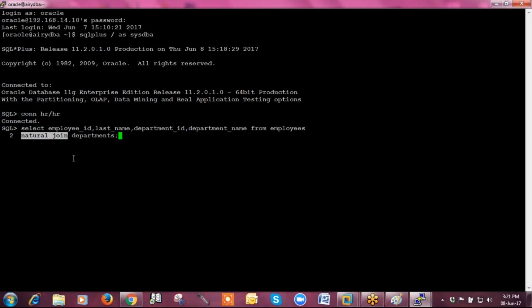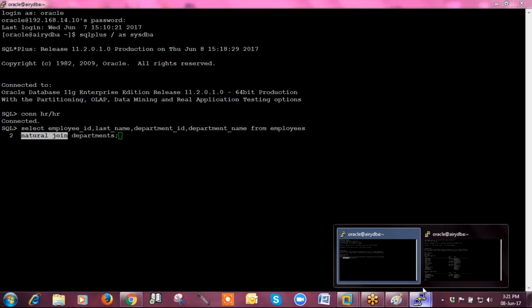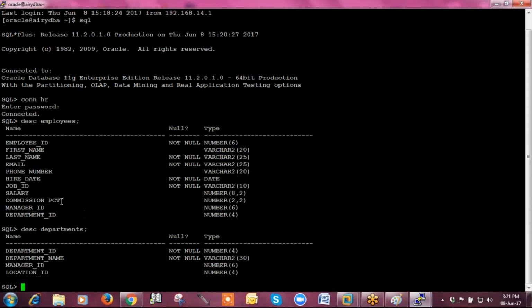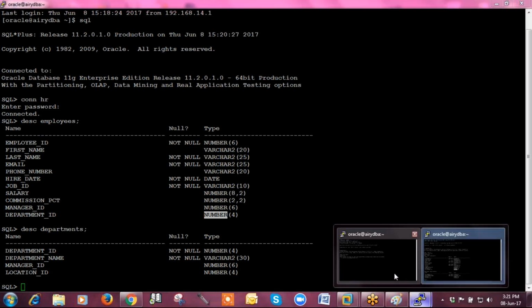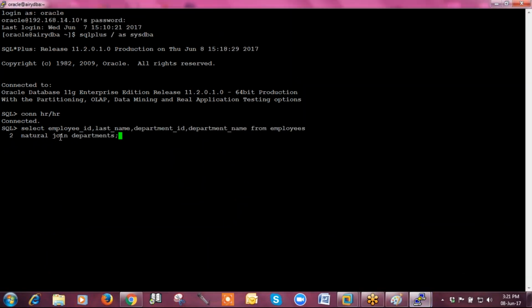If their name as well as the data type are the same, those columns will be the part of creating the joining criteria. Just by writing the natural join keyword, it will see how many columns are with the same name and data type. In this case department ID and department ID are the same in both the tables, with the same data type and size. So automatically a join will be created on the basis of department ID.